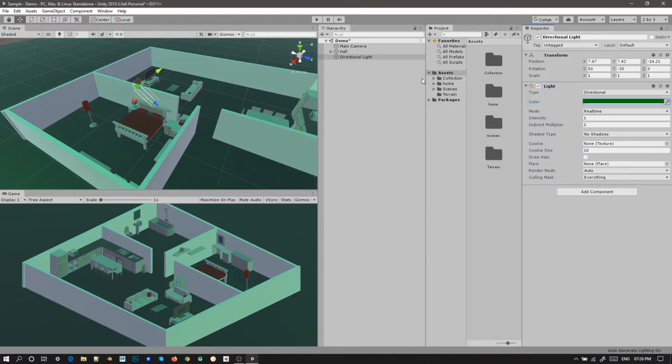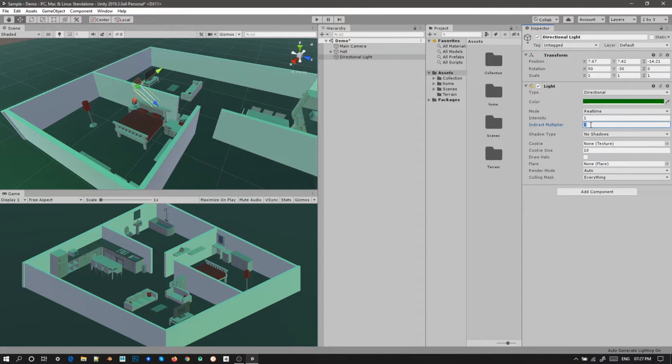And now next to that is mode. So the mode is to specify the light mode. It has three options, guys, that is real time, mixed and baked. So we are choosing the real time here. Next to that is intensity. So the intensity is to set the intensity of the light. Generally for directional light it is always 0.5. For example, if we are choosing some other options in the type like spotlight, then you can use the intensity to be 1. Okay.